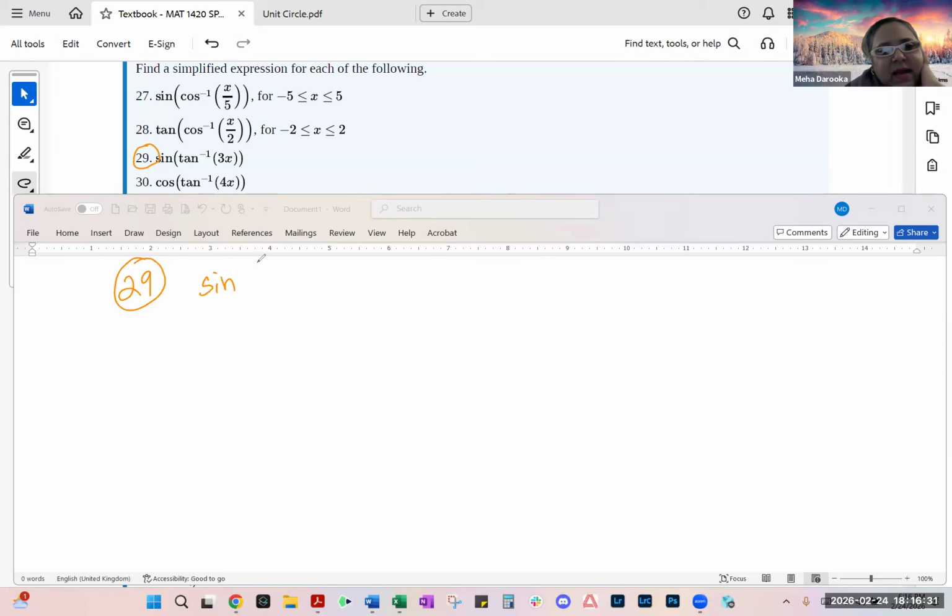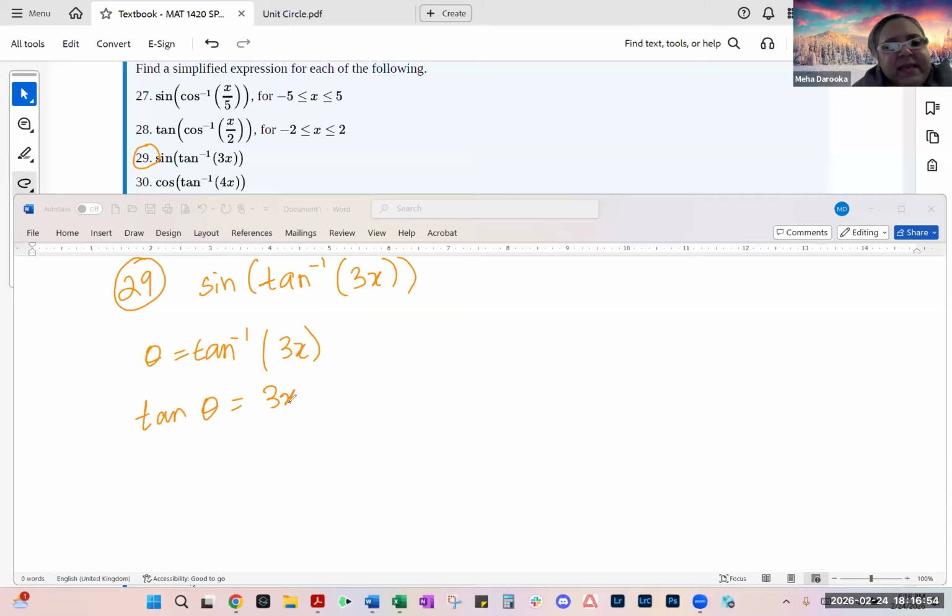So you've got sine of tangent inverse of 3x. Since we are again on the inside with the tangent inverse function, we can write it out as tangent of theta is equal to 3x. And since we are working with the tangent function here, guys, you can go back to using the right